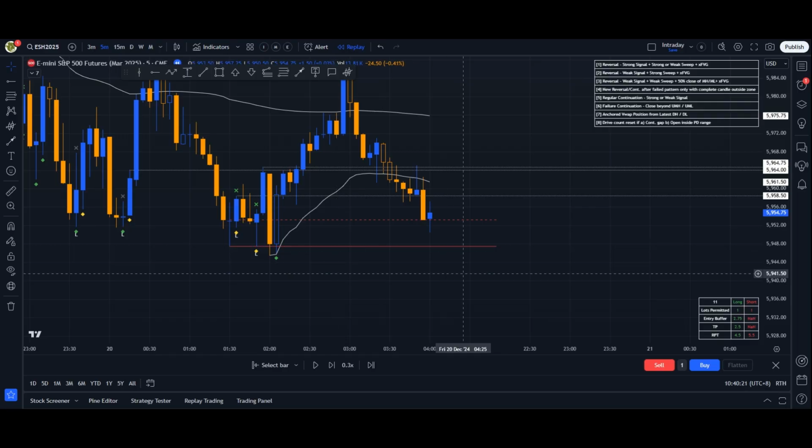The way that we have decided to have a confirmation is only when a candle is completely printed, like both high and low would be below this. Till that point in time, we will not consider it to be